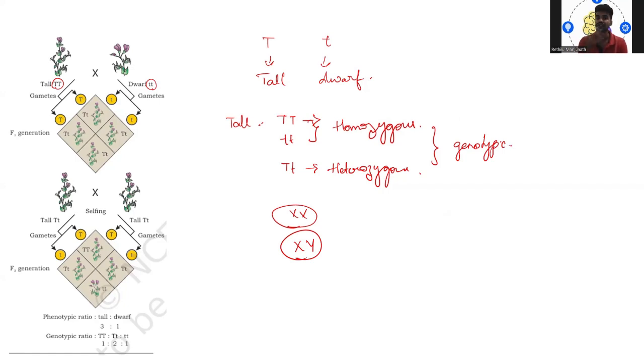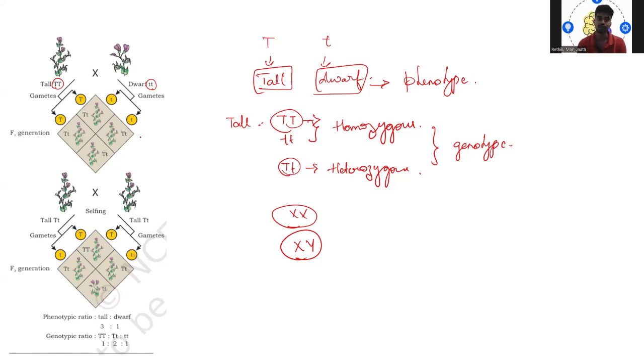Okay. So if this is the genotype, then what will be the phenotype? The character that it is expressing, that is the tallness and dwarfness, right? So that will be the phenotype, something that you are inheriting. So based on these observations, he concluded that there is something called dominant and there is something called